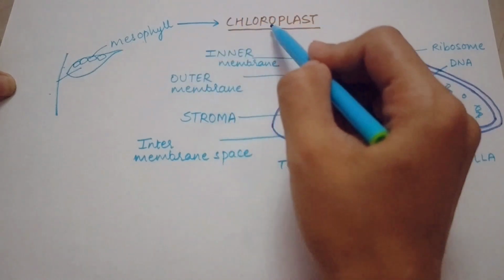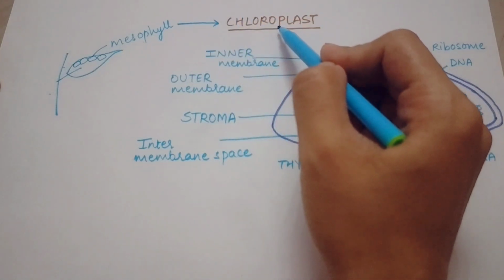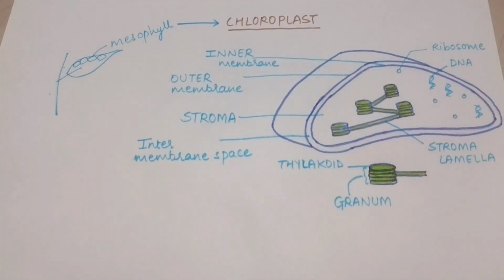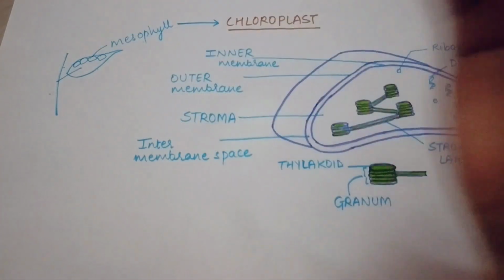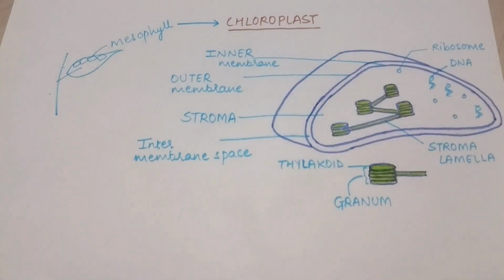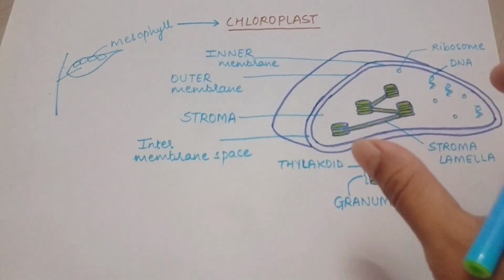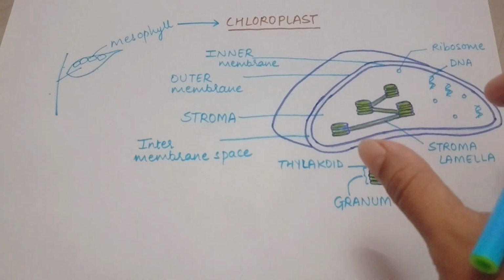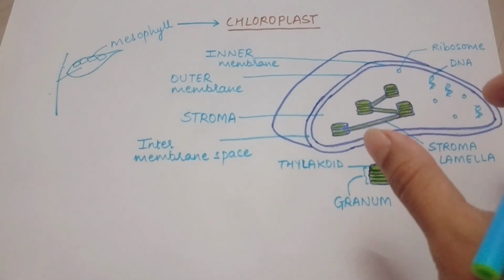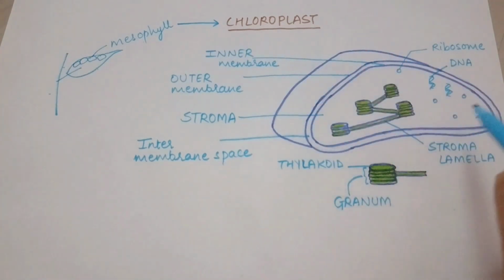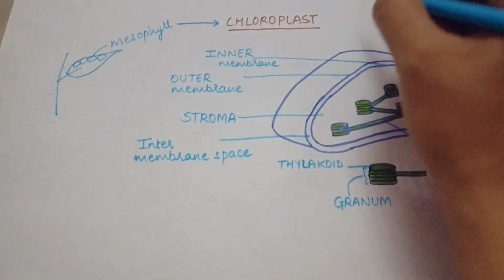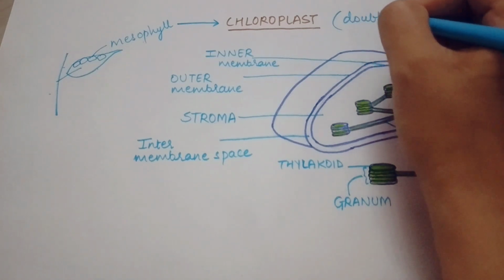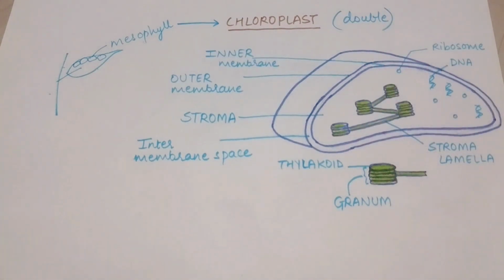In the mesophyll cells you have this structure called chloroplast. Okay, so you should remember the location of the chloroplast. It is present in the mesophyll cells of the leaf. Now this is a structure of a chloroplast. Now see, this is an important question from board's point of view, as well as it is important from NEET perspective as well. Now this structure of a chloroplast, you can see here, it is a double membrane bound structure. So this is very important that chloroplast is a double membrane bound structure, just like mitochondria.